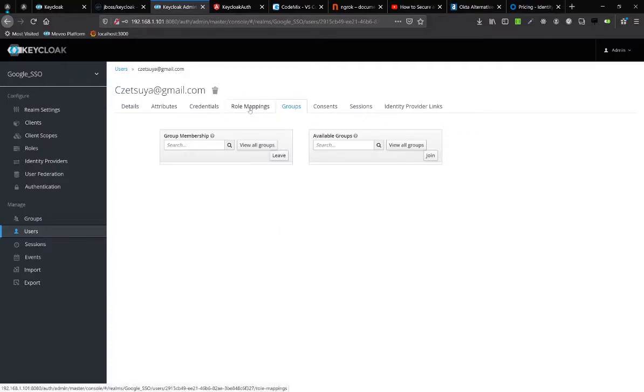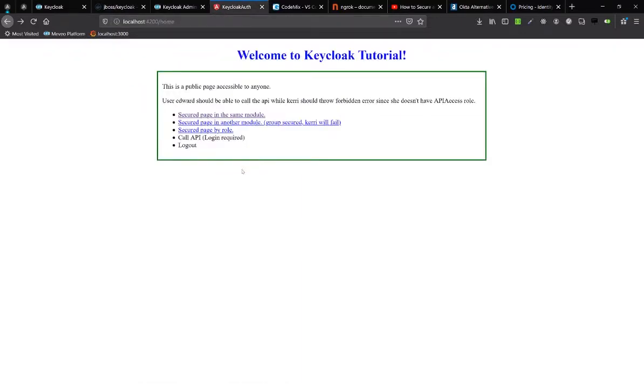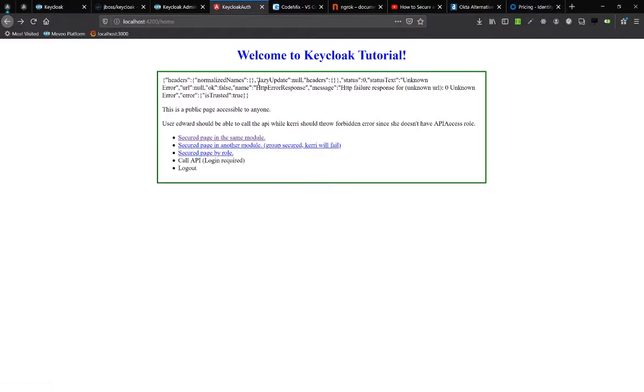A role can be aggregated. I'm not really sure what the difference is between these two. Maybe group is for department, so more on business separation. But anyway, going back to this Angular application, there's also a call API, which obviously will not work because we don't have a backend API. We have this error, unknown URL, and finally we can log out